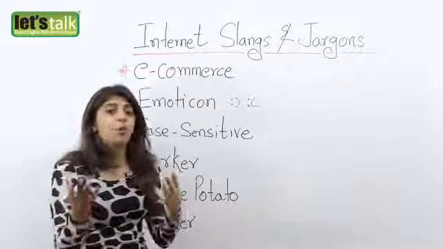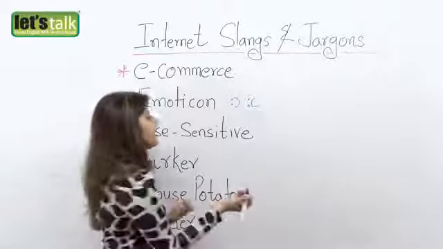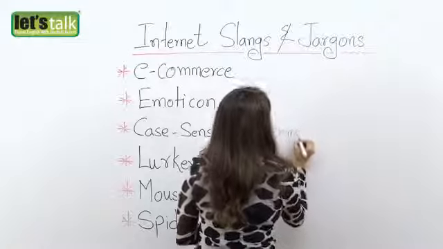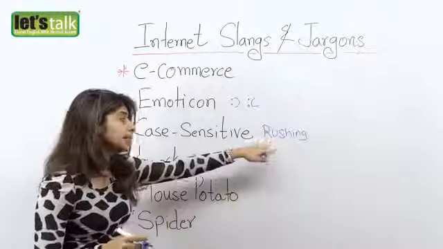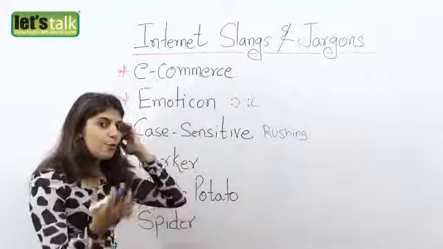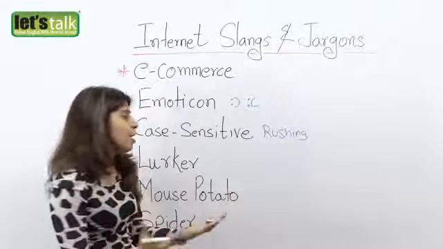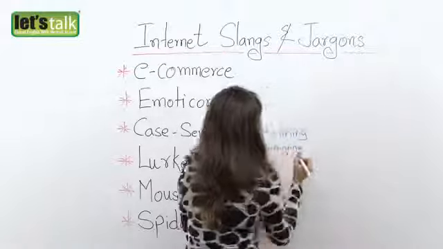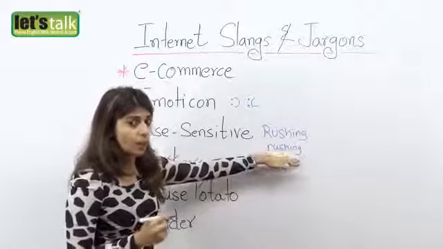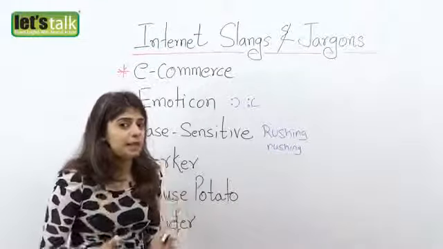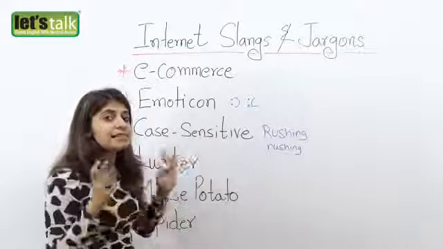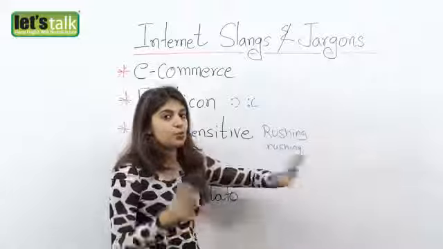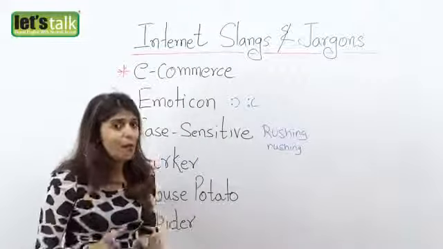For example, say your Windows password is "Rushing". Now, if it is case sensitive and you type in "rushing" all in lowercase, then it's not going to be accepted, the reason being that it is case sensitive. So you are going to use a capital R and all the others would be in lowercase, and that's how the password would be accepted.